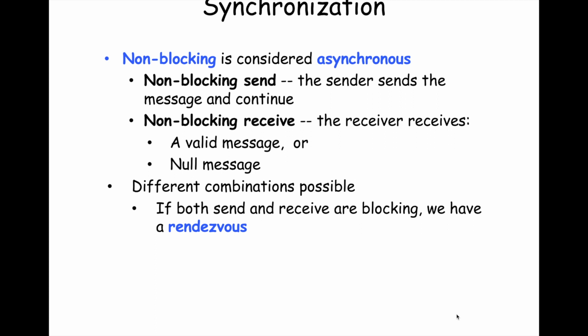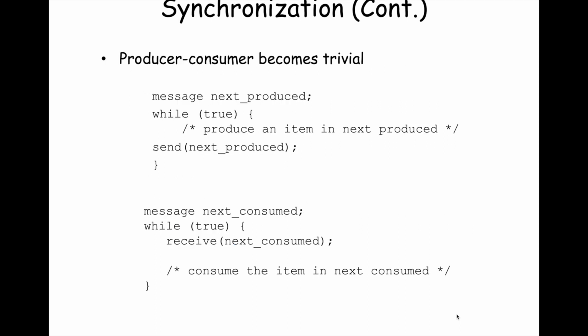And then based on your application, what is the correct way to do communication between processes? Okay. So let's take a look at the producer consumer problem. We have this shared communication link, and it doesn't matter what it is. It could be shared memory, it could be a message queue, it could be a network link. And with this blocking or synchronization in general, whether it's blocking or non-blocking, this idea of producer consumer becomes trivial,